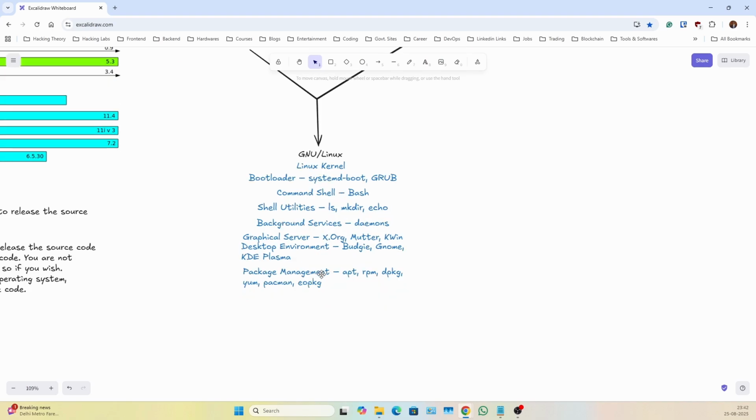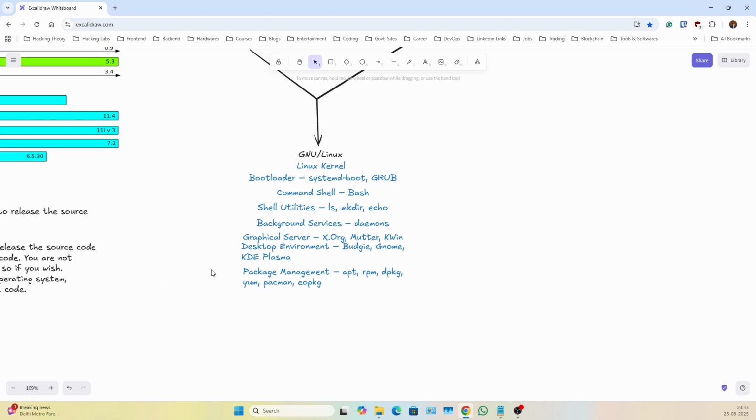And then we have graphical servers, that are Xorg servers and all. Don't mix Xorg with X11. X11 and Wayland, that you might have heard of, as the new generation of Linux desktops use Wayland, right? So X11 and Wayland are display server protocol standards. Xorg is the most widely used server that implements X11. So don't mix Xorg and X11. X11 and Wayland are protocols, and Xorg is a server that actually implements X11. Okay, Xorg is a server.